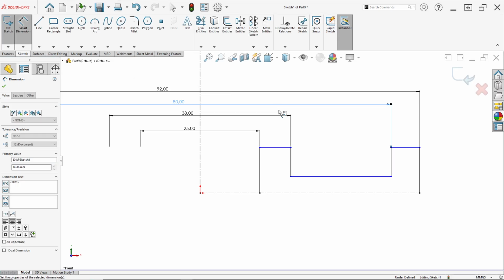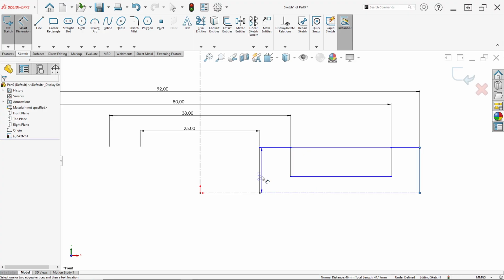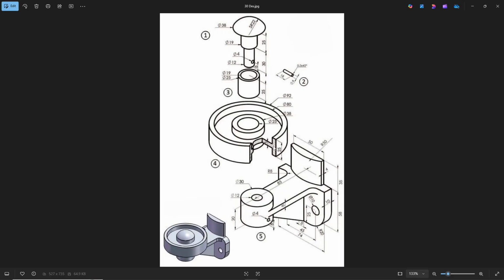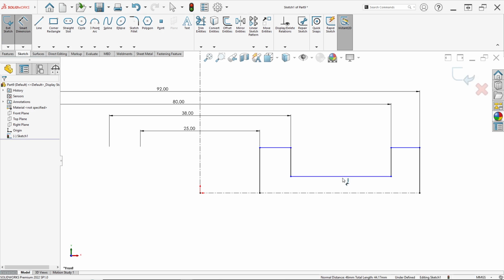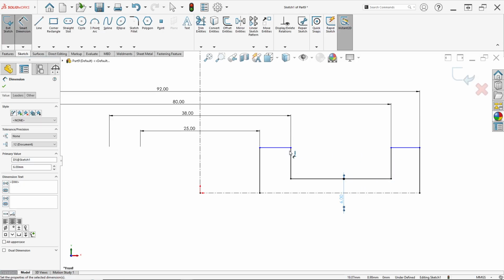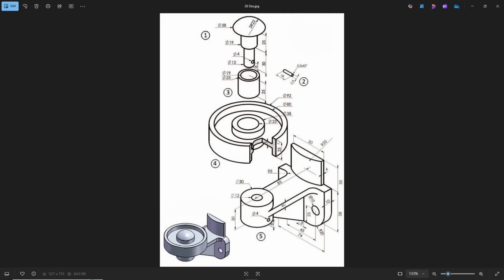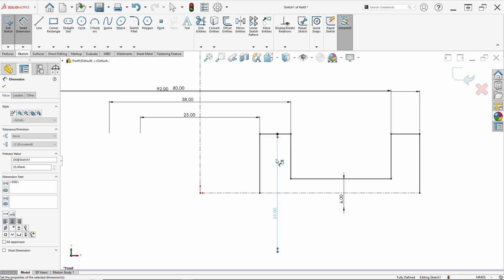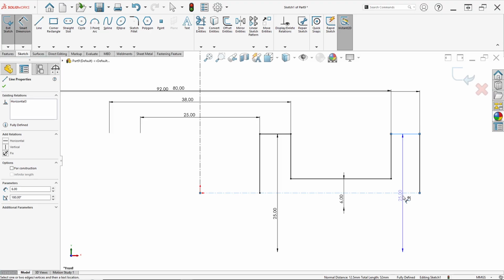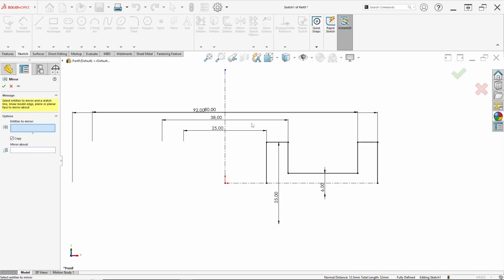Then this line to this have diameter in 80. So I'm putting here in 80 millimeter. Automatically in here in 92 millimeter, and here have thickness in 6 millimeter. So this line to this center line set in 6 millimeter, and this line to this for the thickness in here in 25. So set in here in 25 millimeter. Automatically in here in 25. So we can click mirror entities. Edit this mirror, select this line, this line, this line, this line, select this line, this line, and this line. For mirror about, just click on this center line. Click OK.